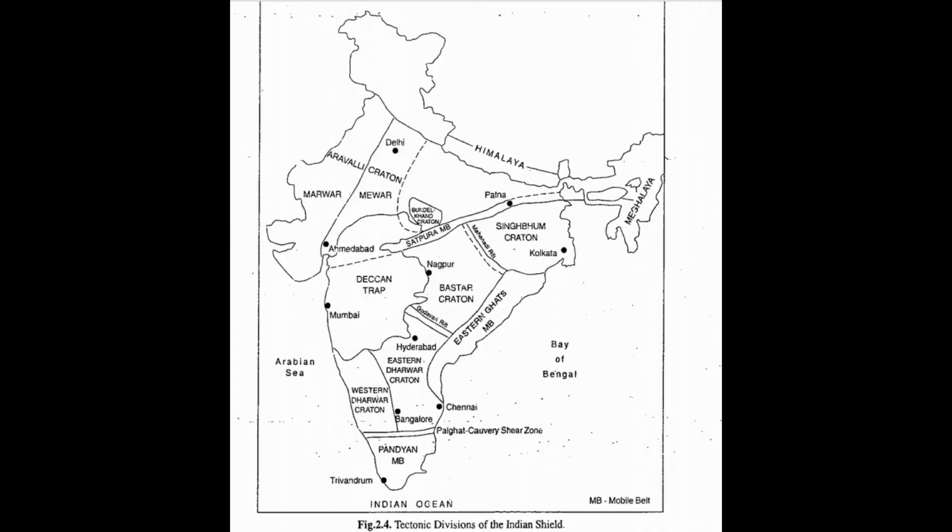Now see, Dharwar is broadly divided into two parts. One is Eastern Dharwar and the other one is Western Dharwar Craton. And these are separated by a granitic intrusion which is known as Closepet Granite, which has an approximate age of 2600 million years. Now see, in this figure, to the south of Dharwar Craton, you can see two lines that divide Dharwar Craton and Pandyan Mobile Belt. The first line, which is not mentioned there, is called the Fermor line, and the line next to it is called the Palghat Cauvery Shear Zone, which is also known as PCSZ.